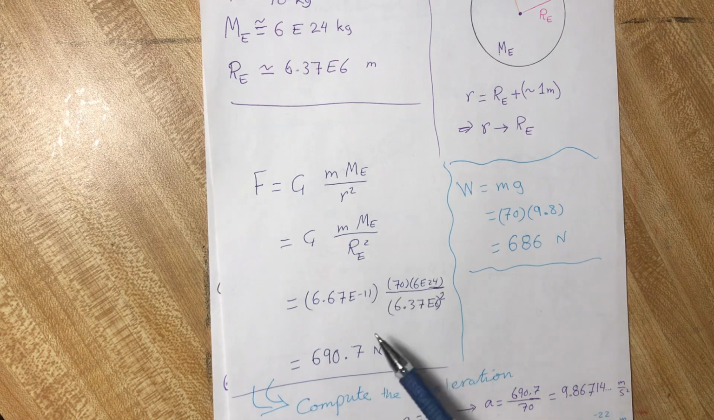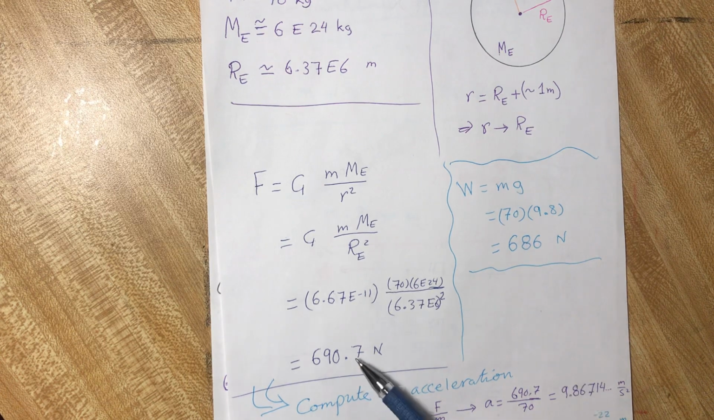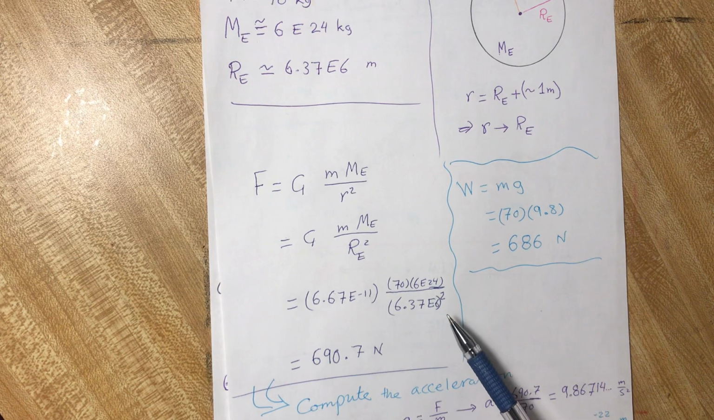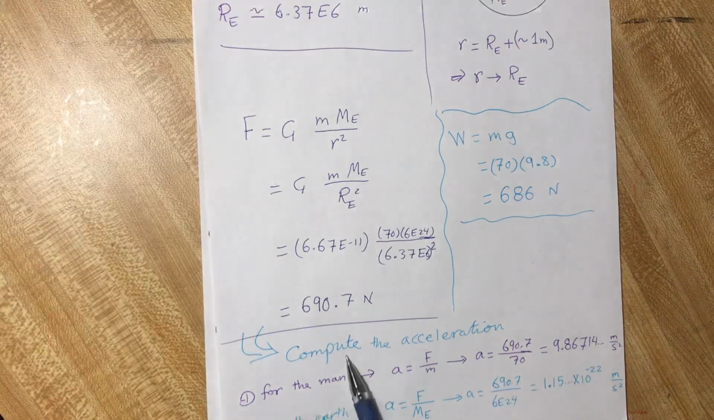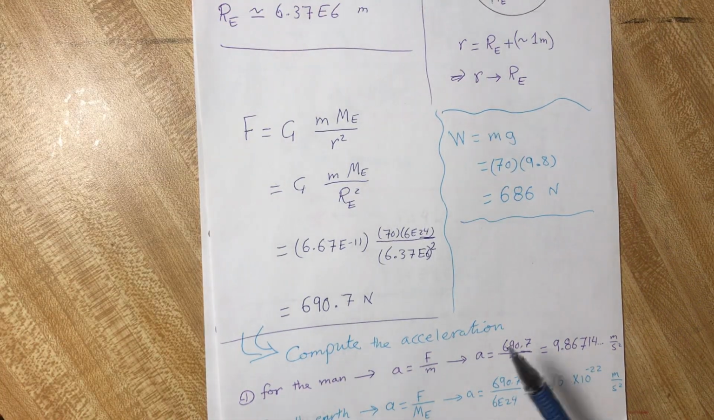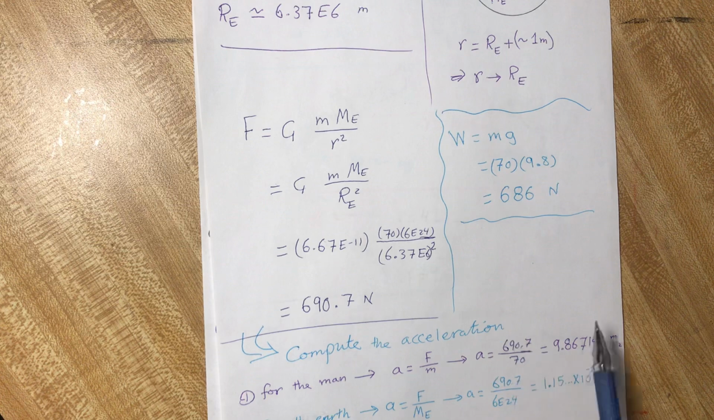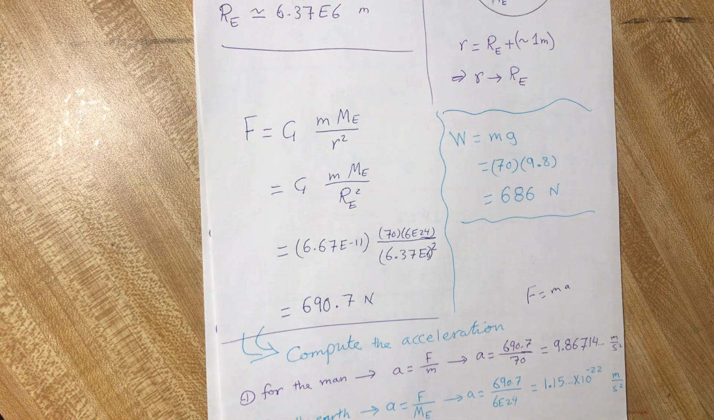Look, the difference is just less than 4 newtons, but this is an average value. Now, if we need to compute the acceleration, if we have a force, then we have acceleration. Using Newton's second law, F is equal to ma. Then